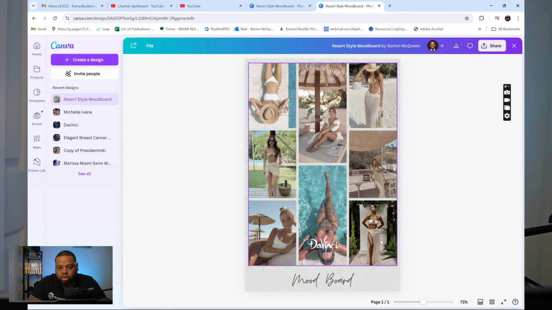So I'm searching resort wear. I'm going with this all white theme, very resort, like Bali, maybe Tulum. That's the aesthetic of the look that I was going for in this shoot. So I had to go find all of these images. That's 1, 2, 3, 4, 5, 6, 7, 8 images I needed to go find on Pinterest